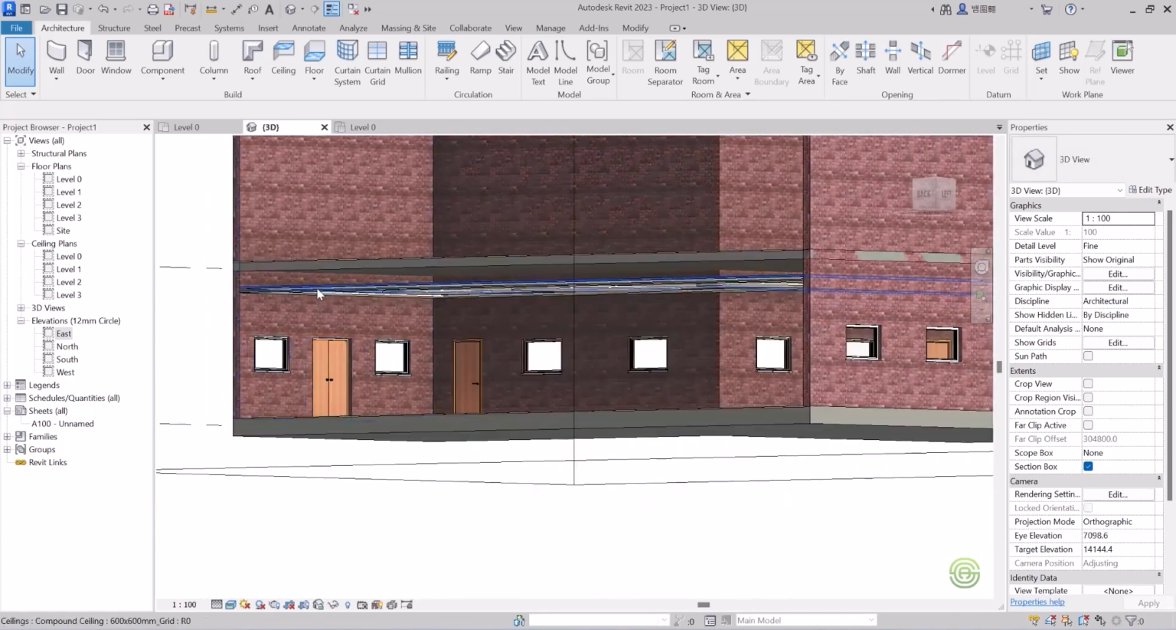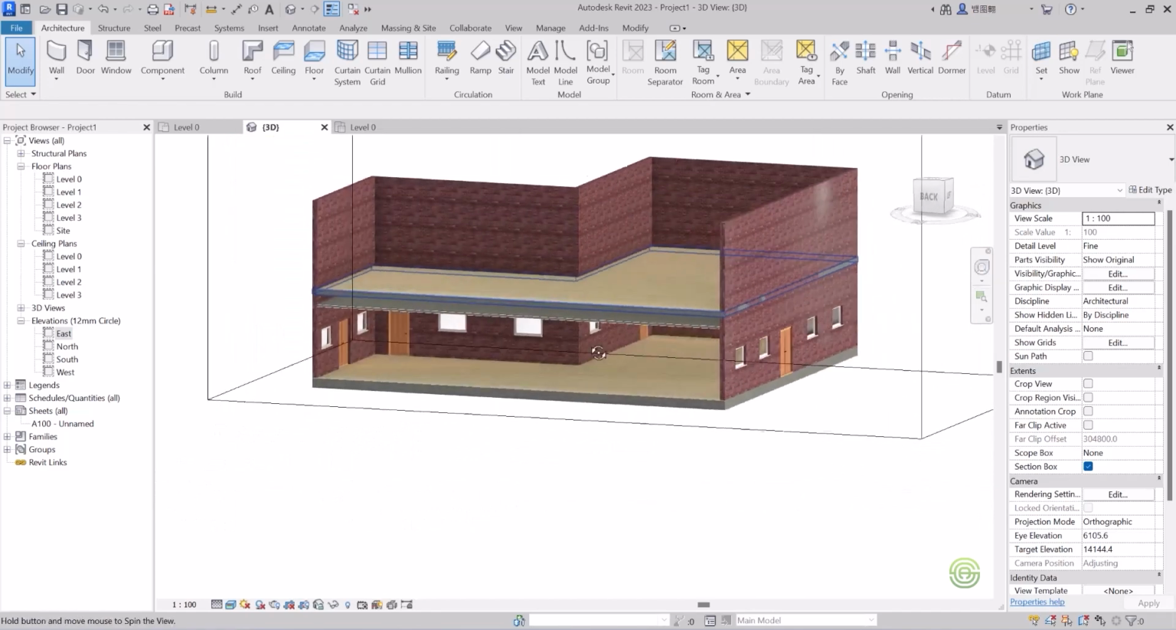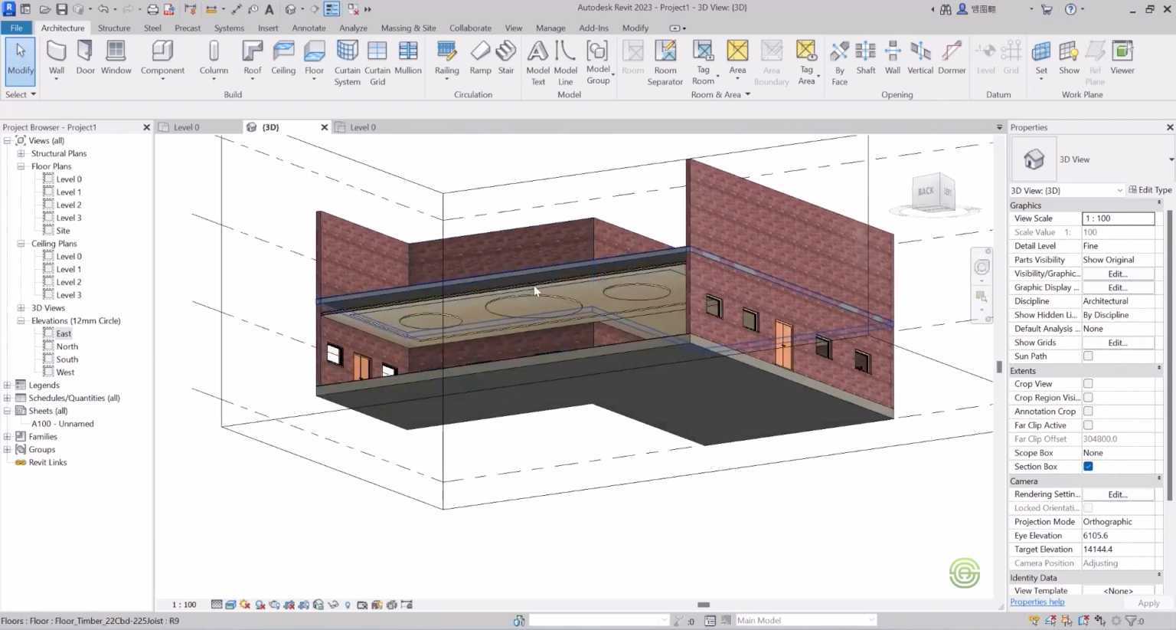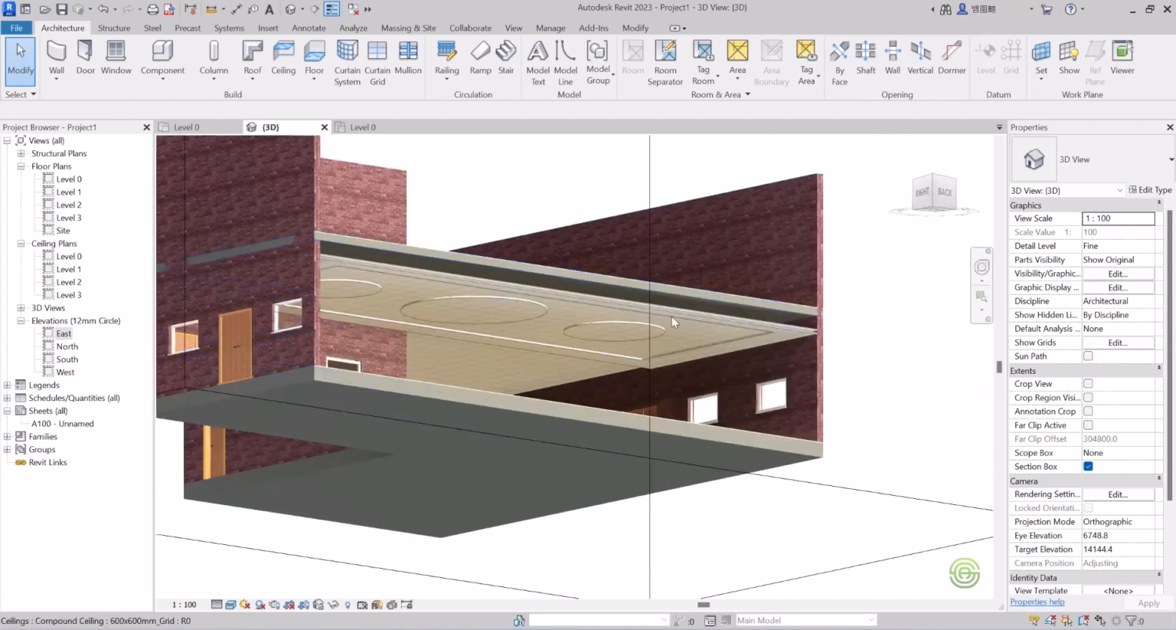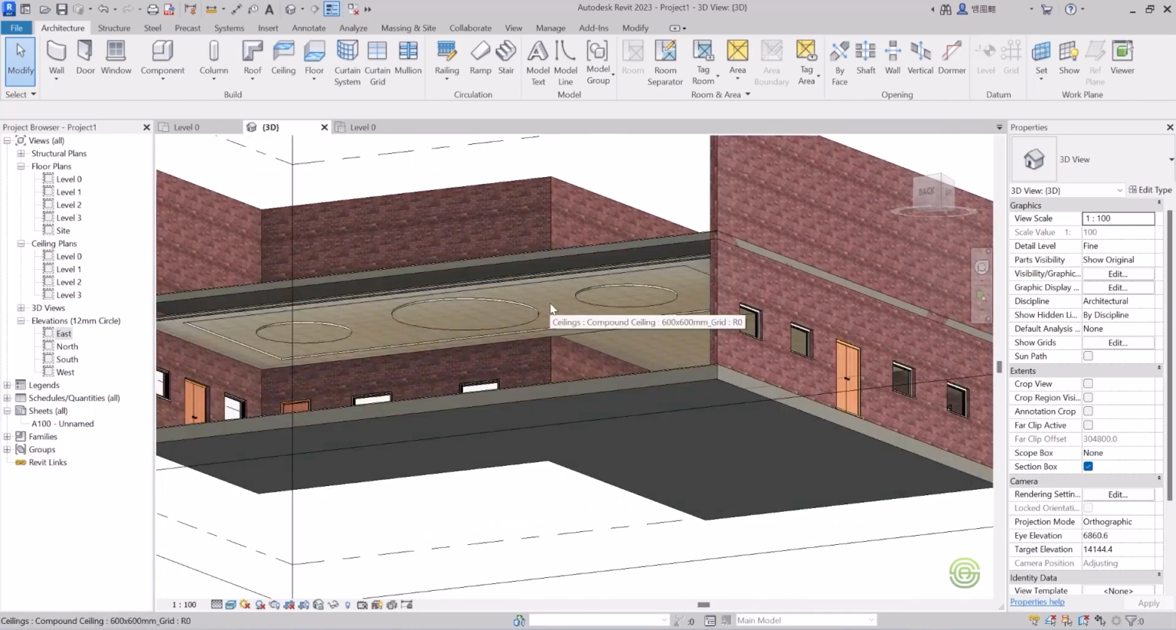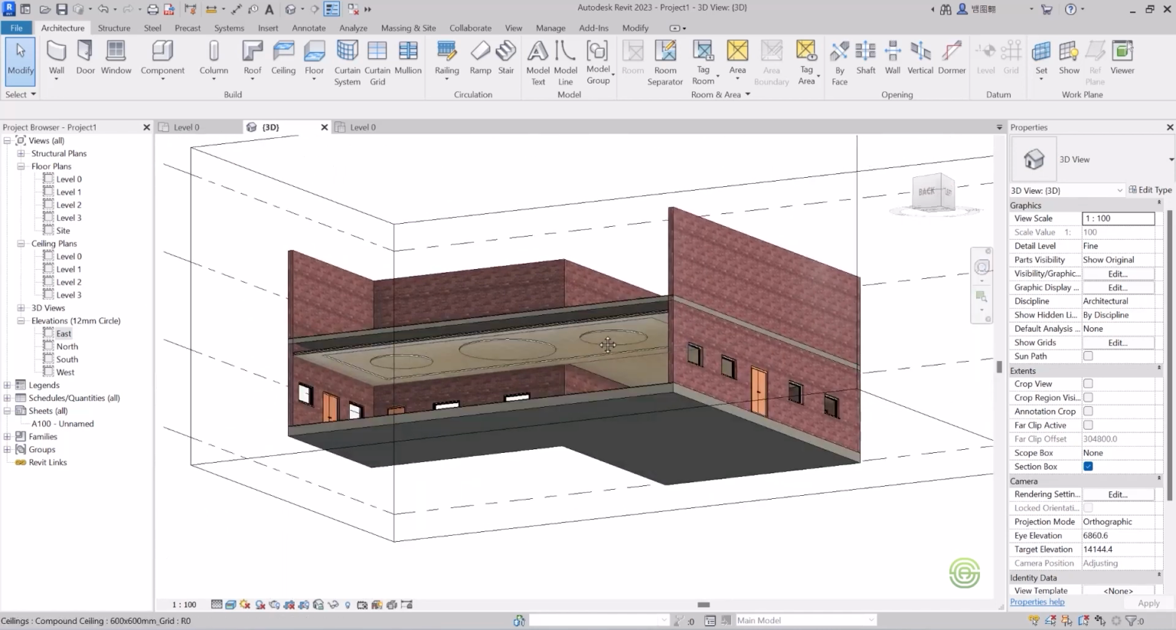So we have two layers of false ceiling. So this is how we have to create a ceiling, guys. And that's all, guys. Just try this out. So this is the basic way to create a false ceiling. And we have learned in this